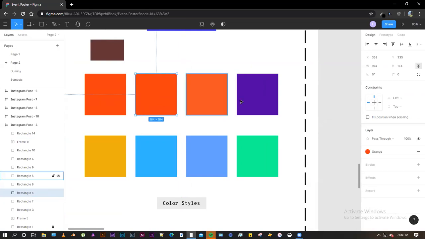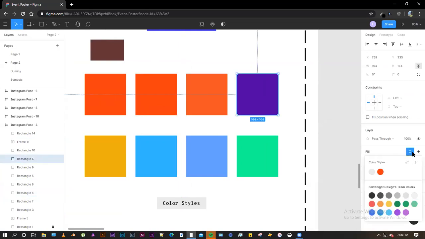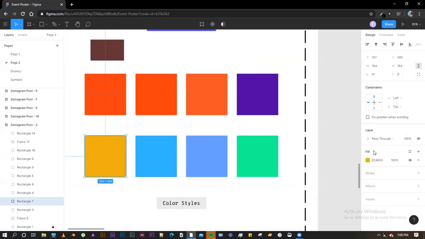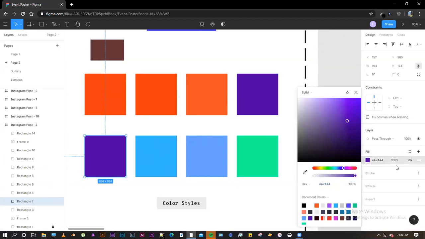If I click on this and add it to styles, let's say I name it purple, and if I click on this rectangle and click the eye button and pick this color from there, the color would be manually entered.